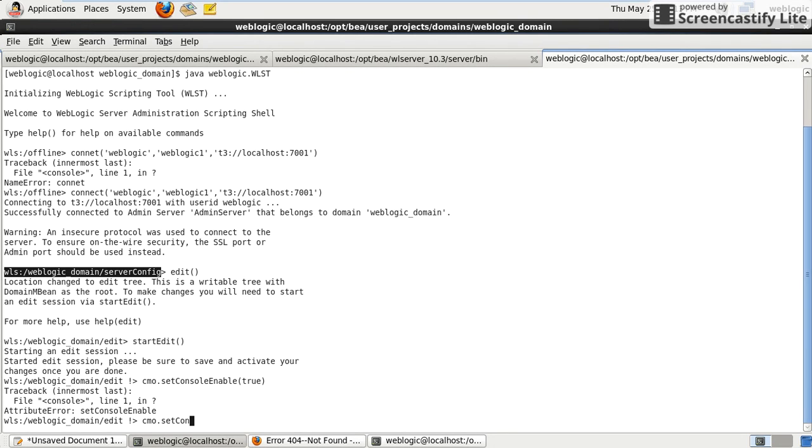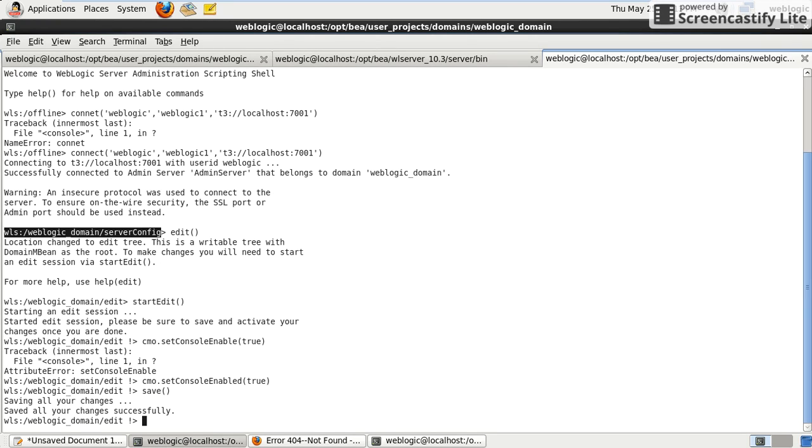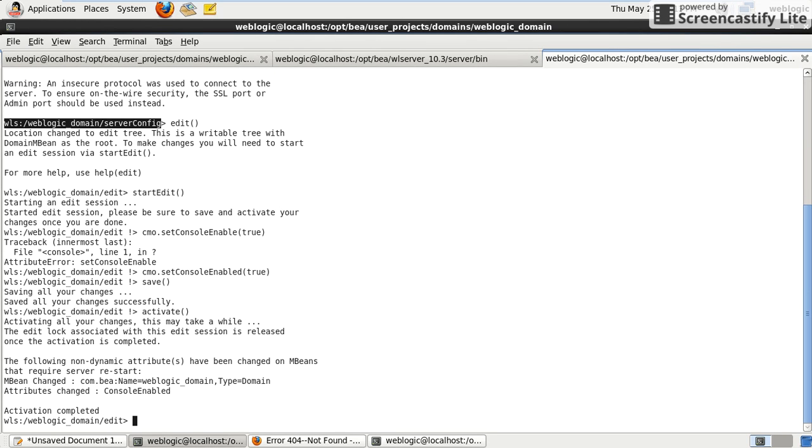cmo.setConsoleEnabled(true). Now you need to save the session and activate the session. Then only the changes will take effect. The activation is complete.